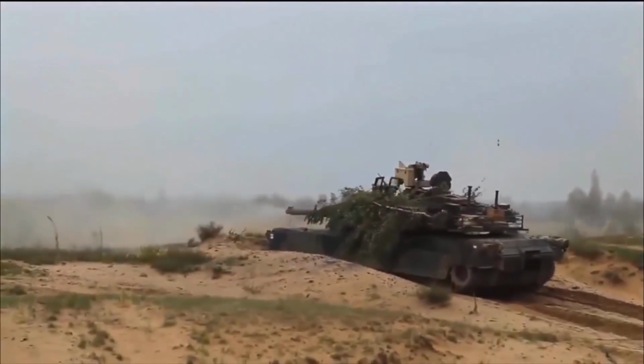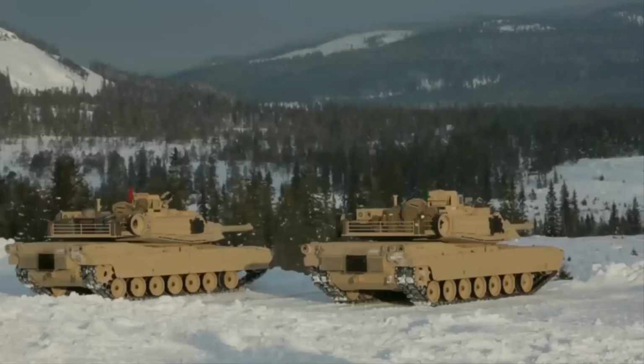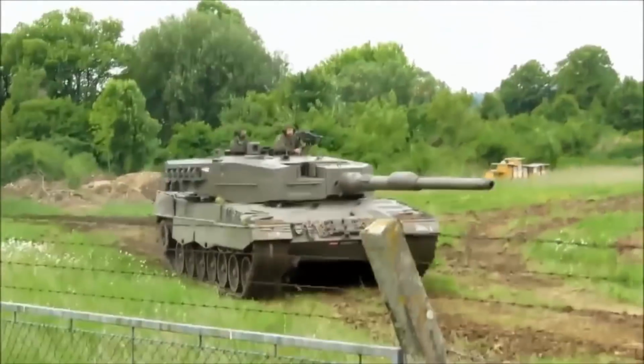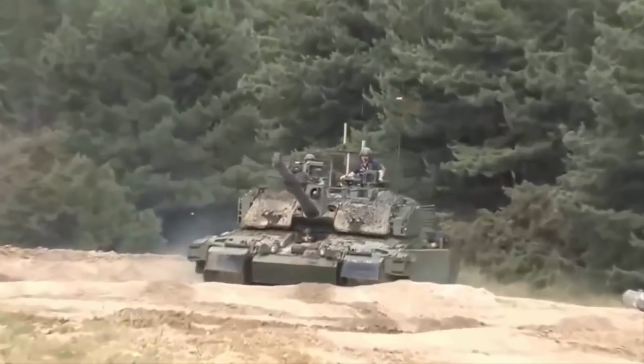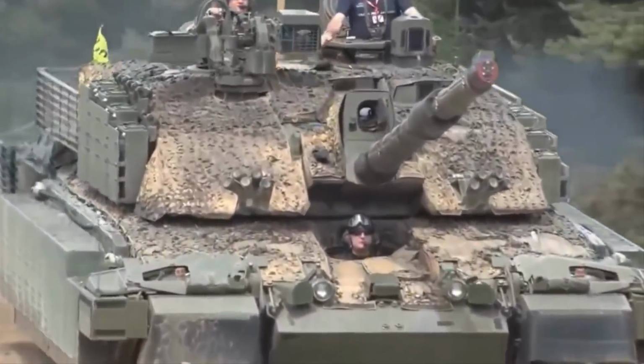Now, most NATO tanks have kept pace with others in their development, even though you Freedom Eagles may scream your Abrams love for the rooftops. German weeaboos can't get enough of the Leopard 2, and us tea-loving maniacs from the UK fell head over heels in love with the Challenger, and I haven't stopped sucking on its...